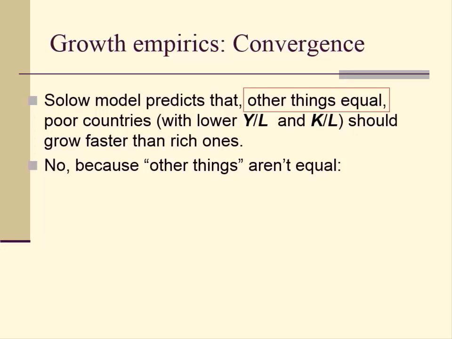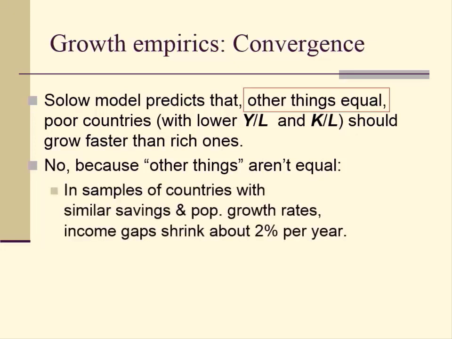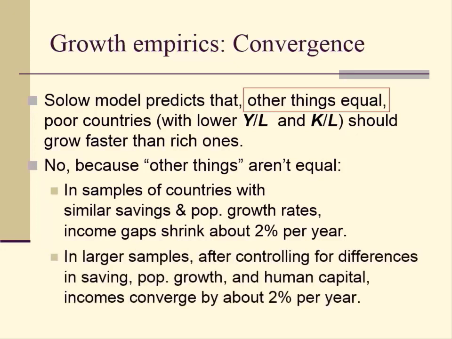The answer is no, because other things aren't equal. That is, one, in samples of countries with similar savings and population growth rates, income gaps shrink about 2% per year. In other words, controlling for saving rate S and population growth rate N differences, there's convergence. Second, in larger samples, after controlling for differences in saving, population growth, and human capital, incomes converge by about 2%